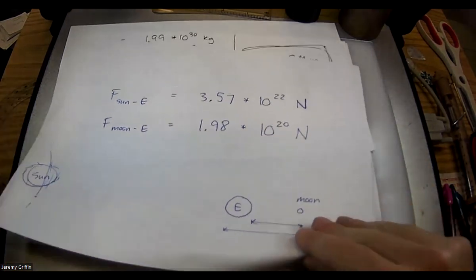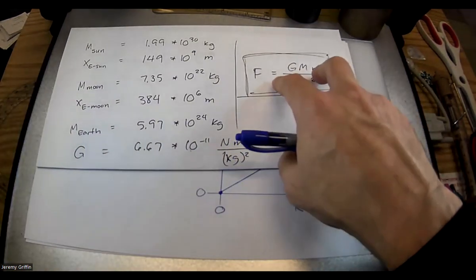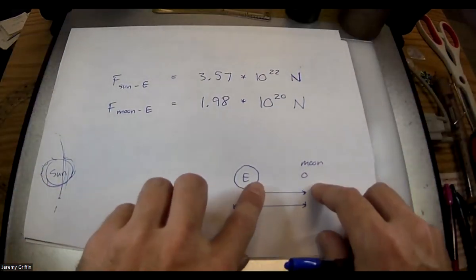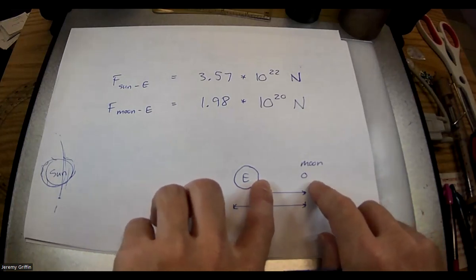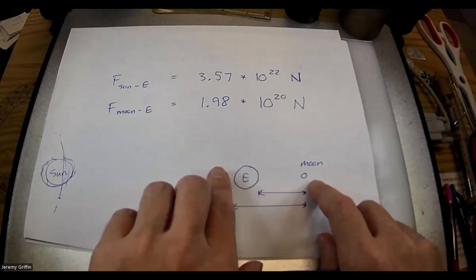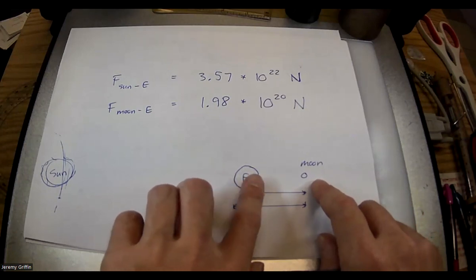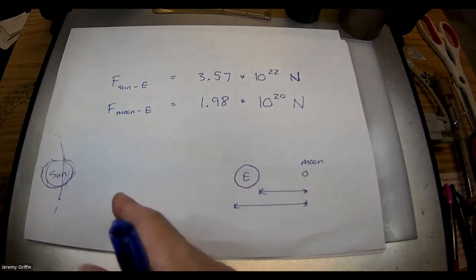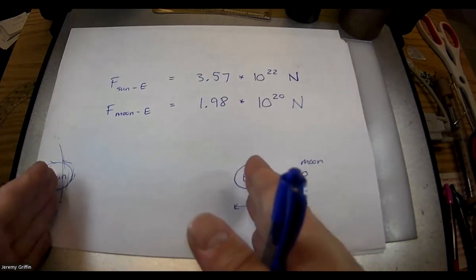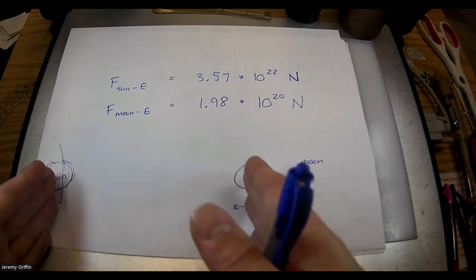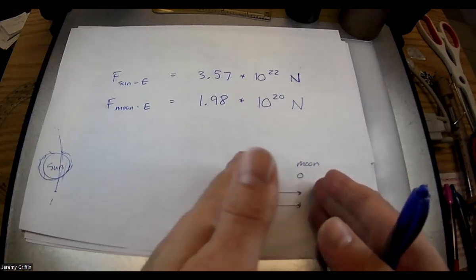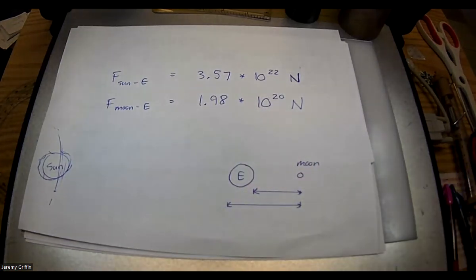Right? See, like all this force goes GMm over r squared. We've been assuming center to center, right? Center to center distance. But you could get more specific and say, well, there's a close side and a far side from the moon, right, on the Earth, right? And if you take the proportion, what is that distance proportionally? And you can compare that to proportionally from the sun. See, the sun is so far away that from the close side to the far side, that proportion is almost a 1-to-1 ratio, right? Not exactly, but a lot closer to 1-to-1 than it is from the moon, right? And so that's related to tides. It has to do with those proportional distances, right?